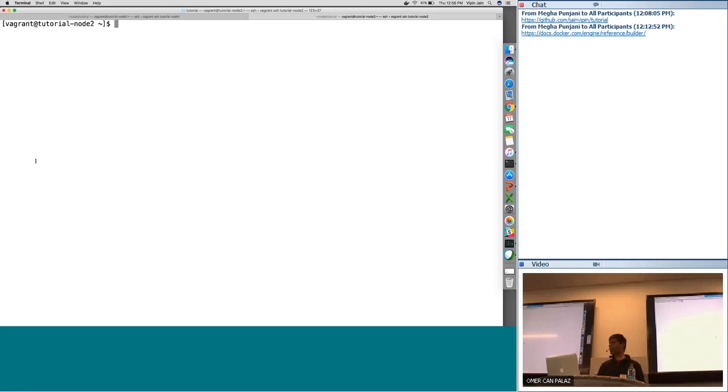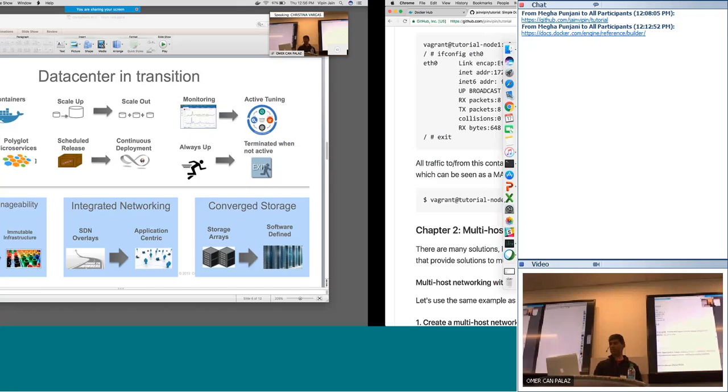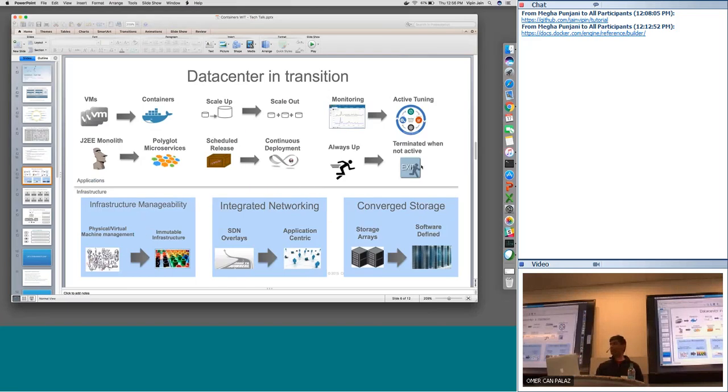People used to do that by spinning VMs. So microservices technically existed before containers, as in before mainstream containers came into play. And people were using VMs to do that, and that's how they did it. But with containers, it becomes very agile. You can spin up more instances to handle your load almost dynamically, which means you don't have to always keep it running. Remember, I was mentioning that in my presentation. So always up is not the norm. You keep it up when you need it.